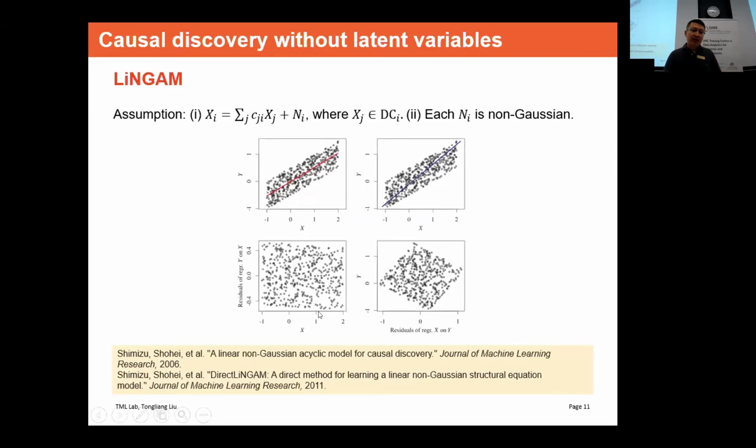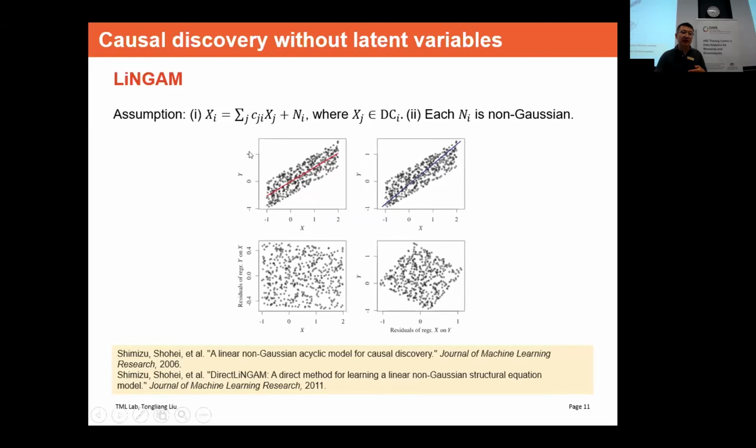If we regress y on x, the residual will be uncorrelated with x, and the residual is actually the noise, so it is also independent of x, and we can draw those residuals here. On the other hand, if we calculate the residuals when regressing x on y, because the causal relationship is that y equals x plus a noise,